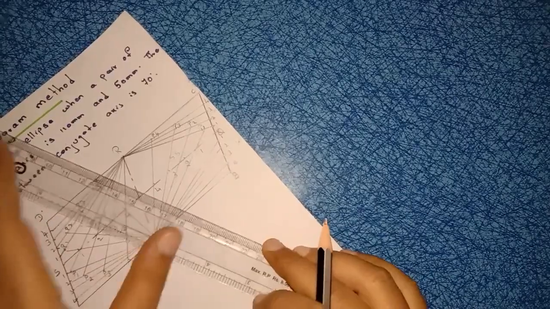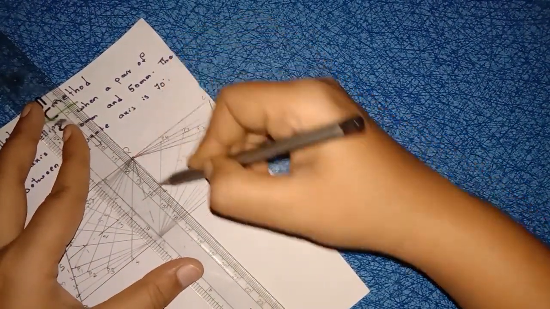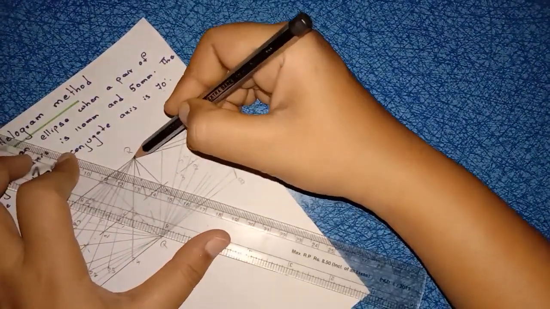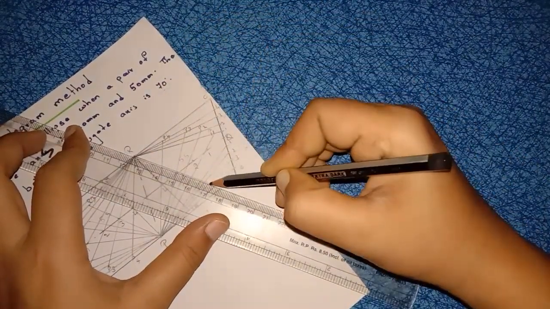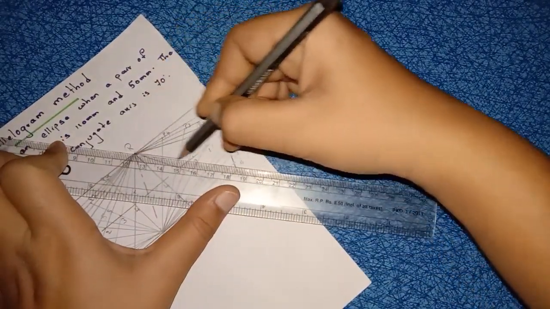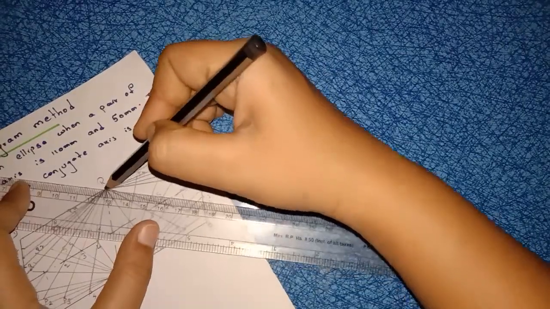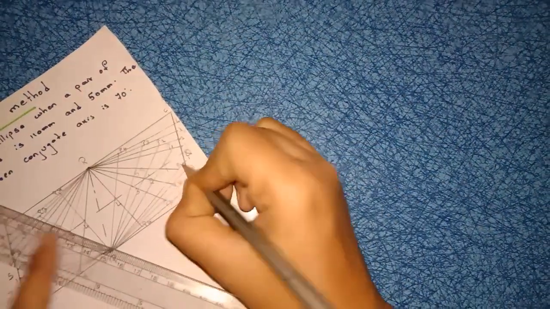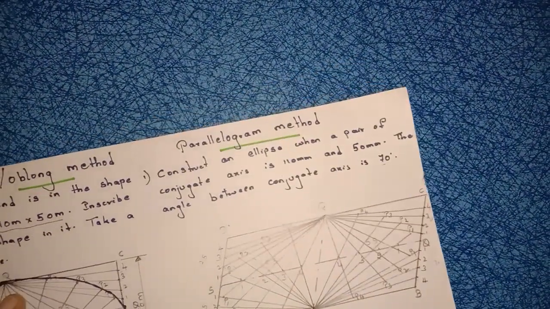Right? Here also. From R fourth point to fourth line, name it as P4. From R third point to third line, P3. From R second point to second line, P2. Right? From R first point to first line, name it as P1. Right? Now if you join all these points,